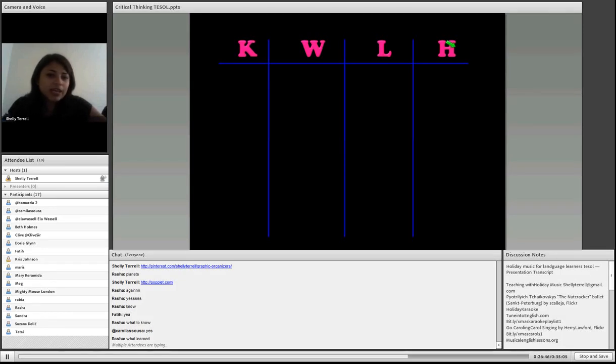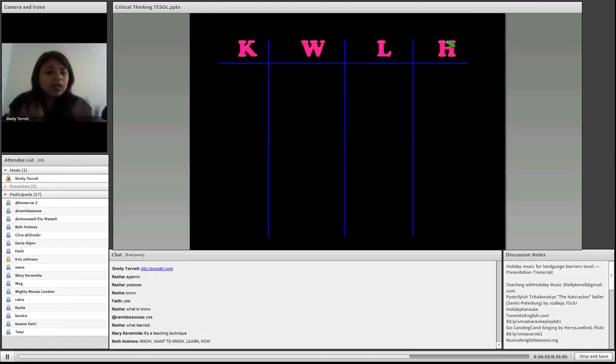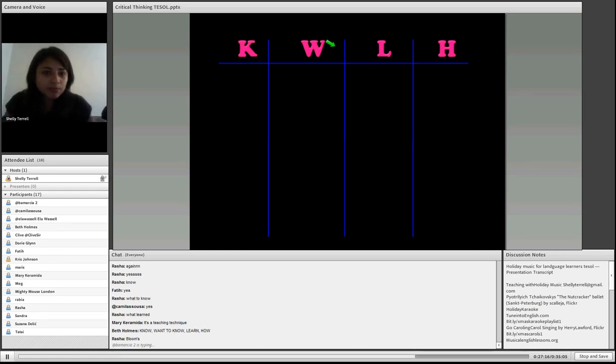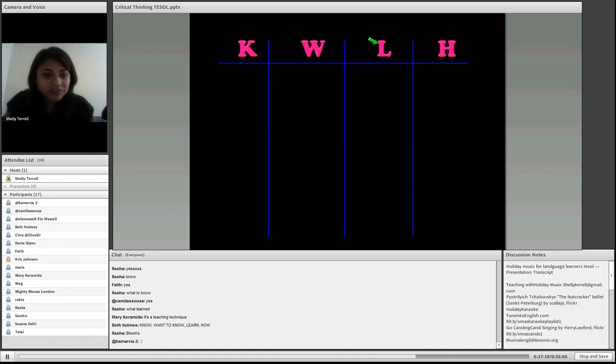Exactly. So the KWL is a great way to introduce the topic, to get them to start critical thinking. Oh, thanks, Baz. Baz put it all in one. But the great thing about this is, so this is the before. What do you know about the topic? So you make connections with your own previous experience, what you want to learn so you can engage them, get interest, and then afterwards what they learn. So this comes before the activity, and this comes after the activity.